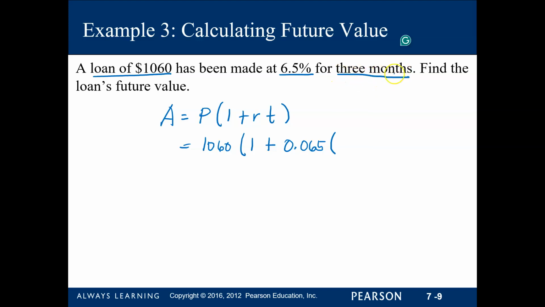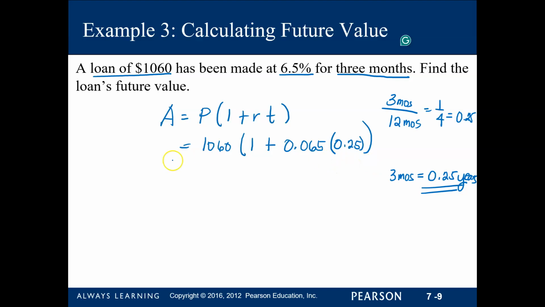times the time, which is 3 months. Now remember, time is always in years. So 3 months, how many months in a year? There's a total of 12 months. So if we convert this, 3 over 12 is actually 1/4, or in decimal form, 0.25. So 3 months is actually equivalent to 0.25 years. So remember, time is always in years. So we will multiply this by 0.25. All right. So you can copy this on your calculator, whether it's decimals or your